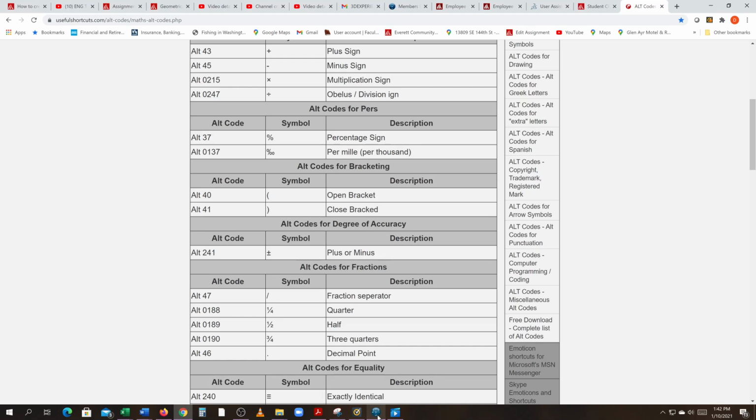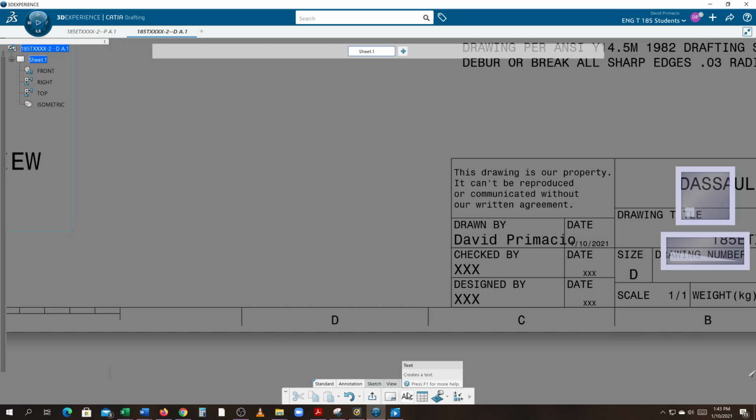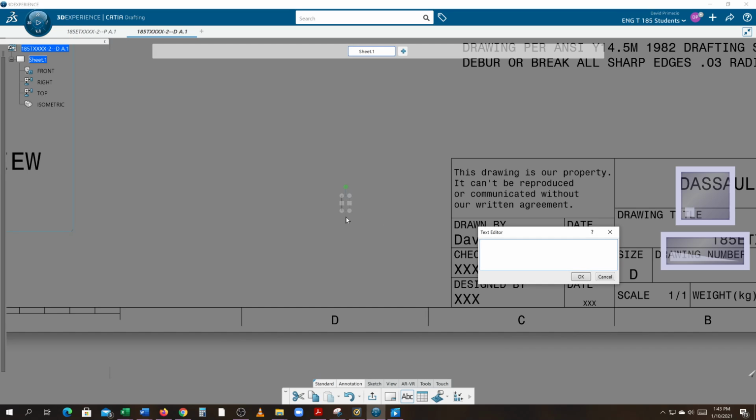So again, when I go to CATIA or Word, I think you could do it in Word and copy paste it over from Word, but I'm going to hold Alt button down and I'm going to type in the number pad 248. No, that's degrees. Oh, what happened there? I'm going to click a spot, type in Alt 241,